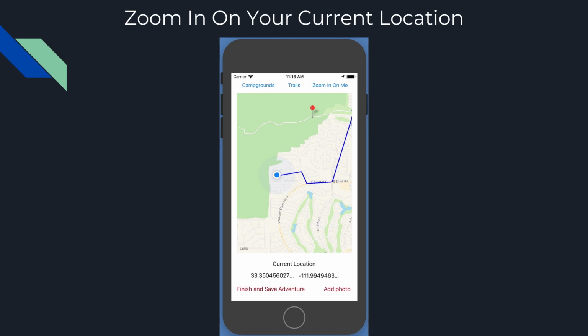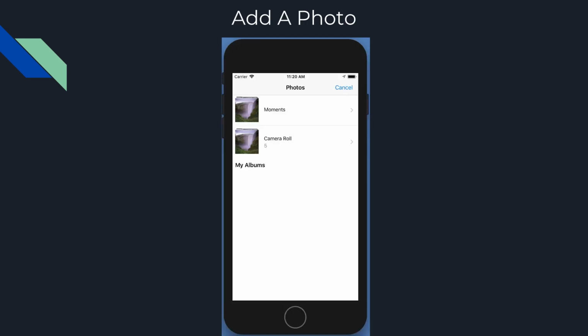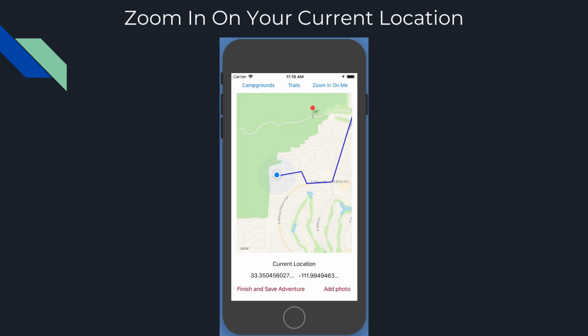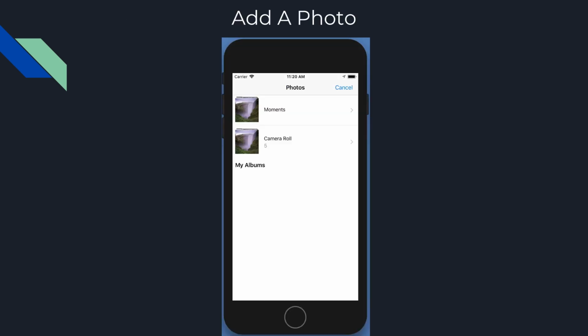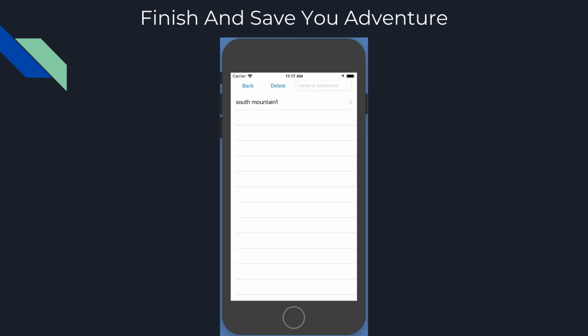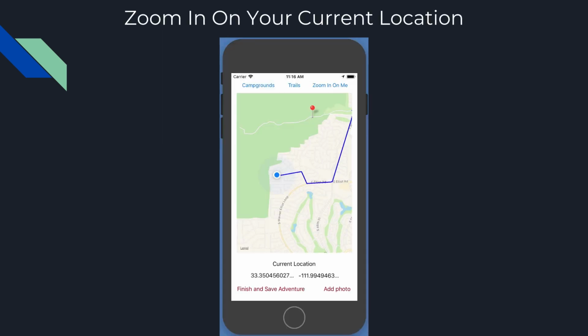And then after you're done, you might want to add a photo, so you hit the Add Photo button, which is at the bottom right of the application. And you can choose a photo from your photo library, and this will also ask for your permission to access your photos. So after you do that, it will associate a photo with your adventure, and then you just